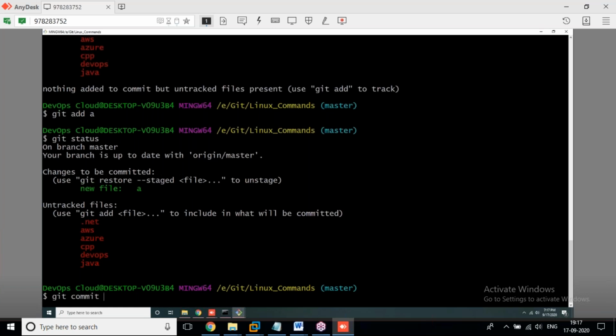Whenever I'm working with a git command, I always apply the parent command git first. Don't forget it. Whenever you are working with git, first of all you should apply the parent command git, then you can apply the attribute. I'm not going to concentrate on how to create a file, I'm going to modify the file right now. That part is over. Now we are working with the git commands.